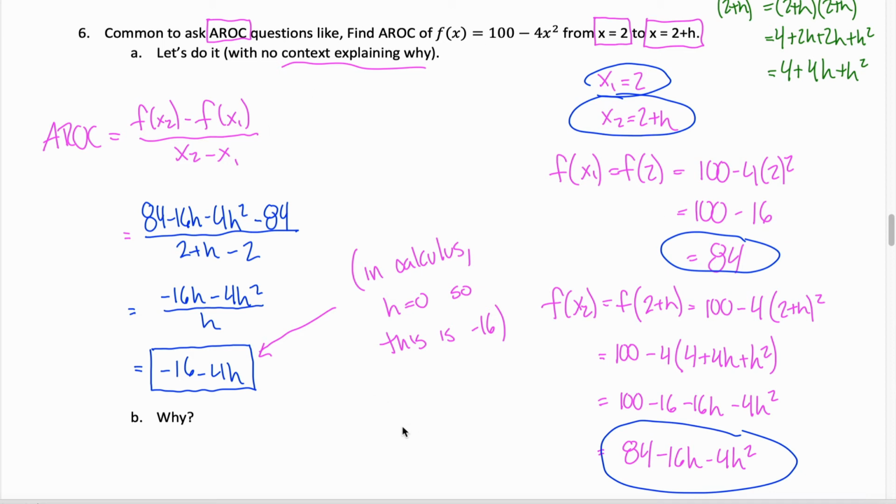So after I do all this algebraic manipulation, I go changing all the h's into zeros. I get negative 16 minus 0, which is just negative 16, which is the answer in a calculus class. This is not a calculus class, so you stop at this stage where we have negative 16 minus 4h as our answer. But I just felt like if I didn't explain why we wanted this answer in the first place,